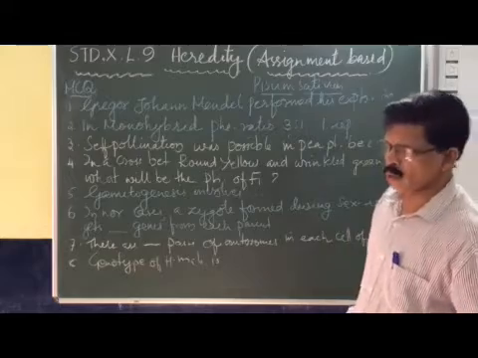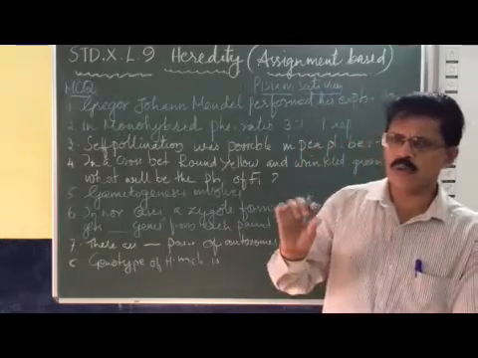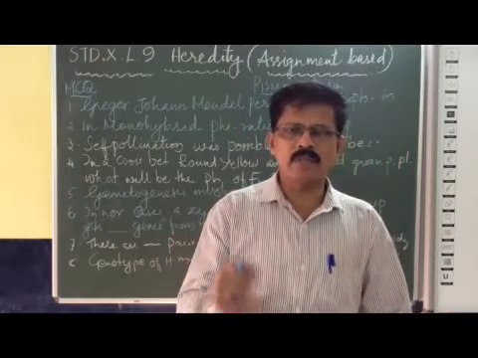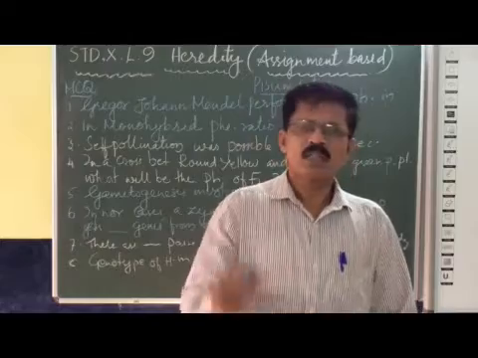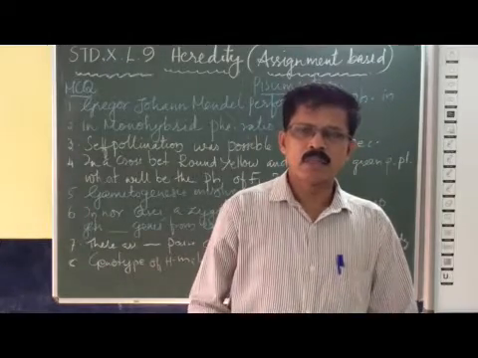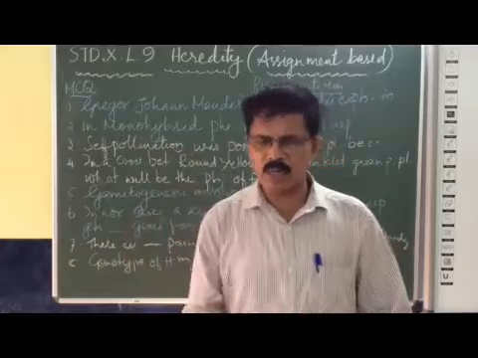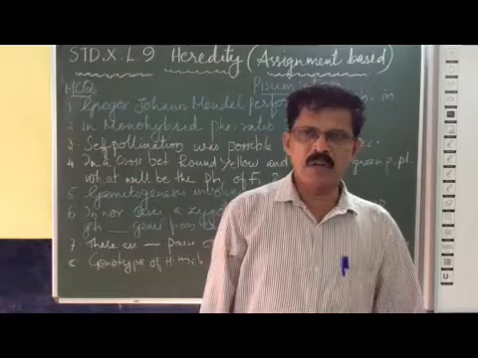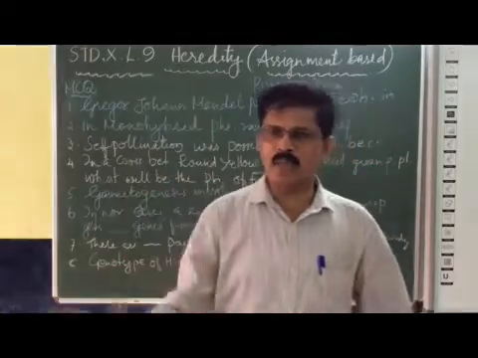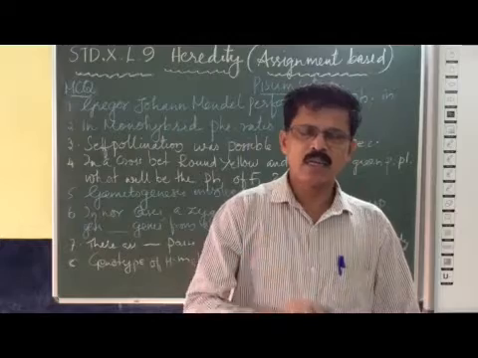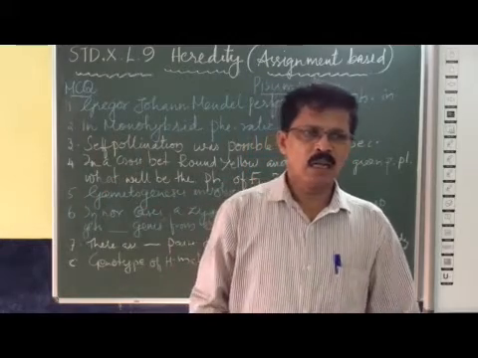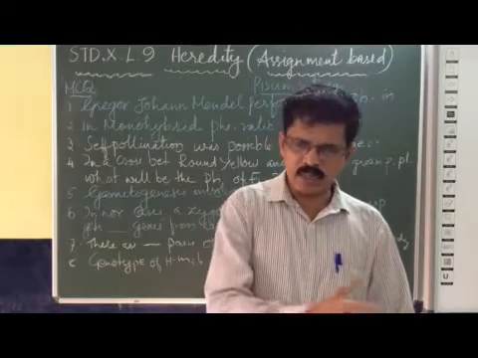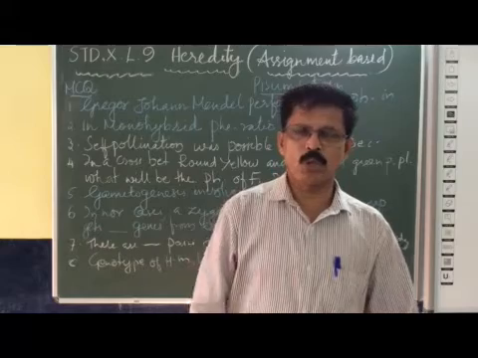You know, a monohybrid cross has two ratios. The first ratio is phenotypic ratio and the second one is genotypic ratio. The phenotypic ratio indicates the ratio based on the external appearance of the organisms. Here it is plant, pea plants. So phenotypic ratio is based on the external appearance of the organism. We consider the external characteristic features, and based on which we categorize the plants and make a ratio. That is called the phenotypic ratio.